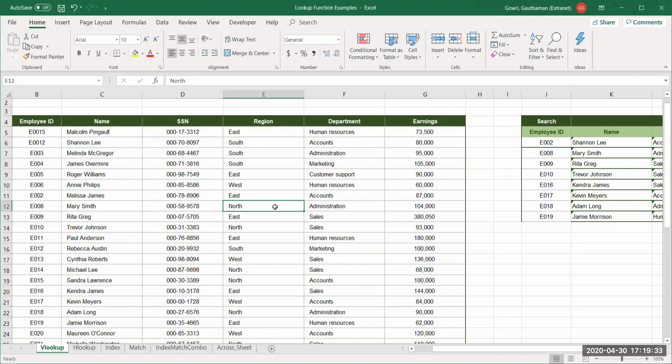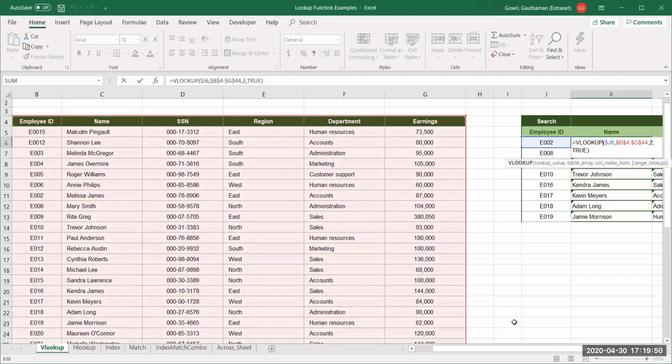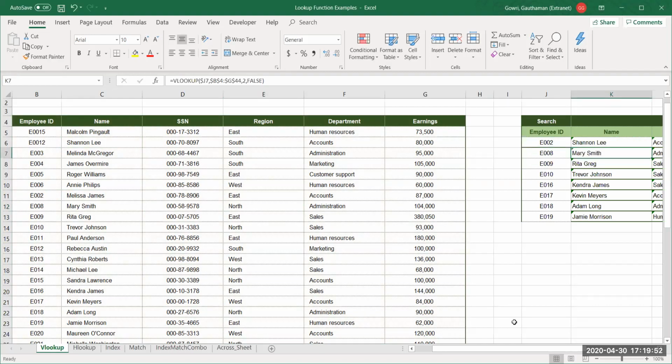Yes, true will work only when your data is in a proper way, that is in a sorted order. Then it will give you the results. But if it is all jumbled like this, then your results will mess up. So you will not get the accurate results. You understood? And suppose if we add a zero or something there. Yeah, even 0 also works.